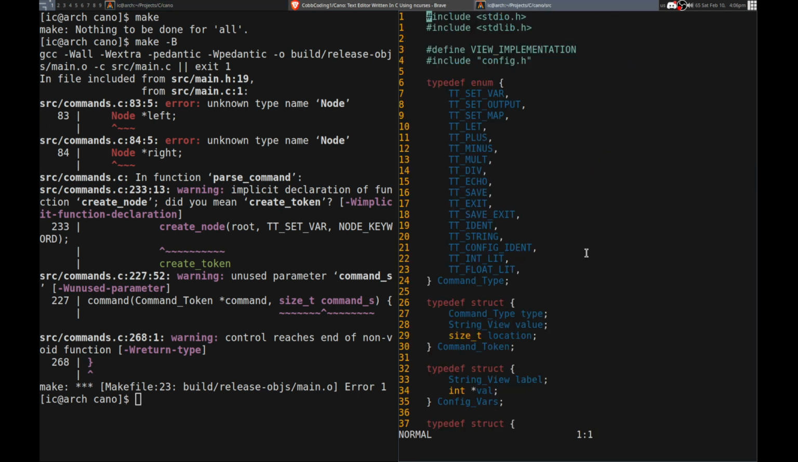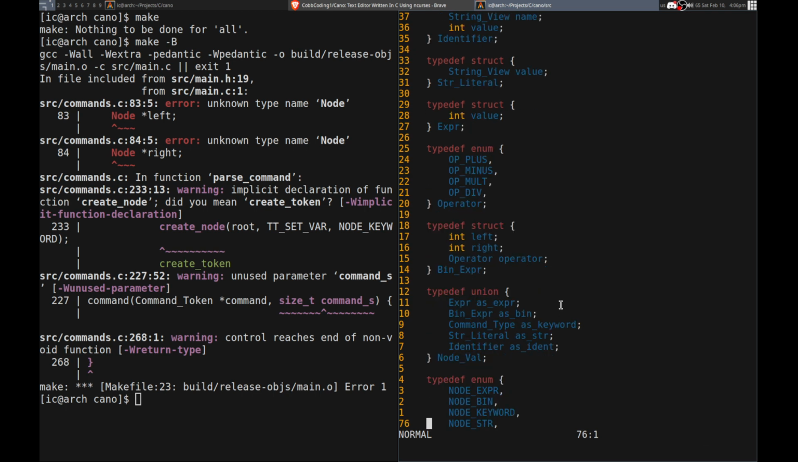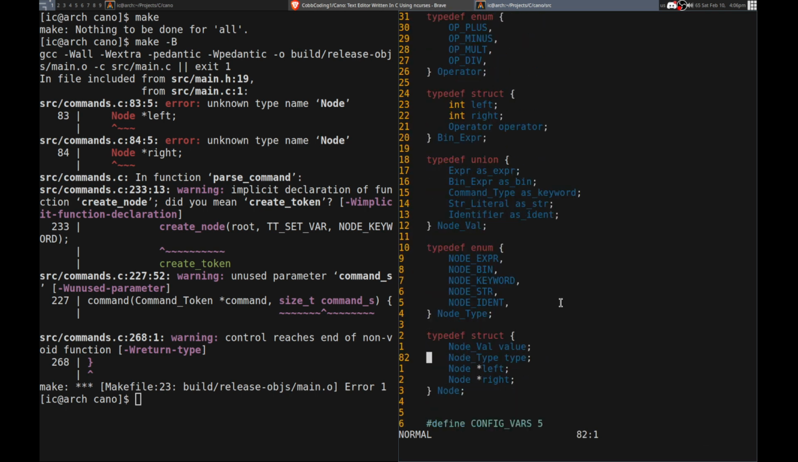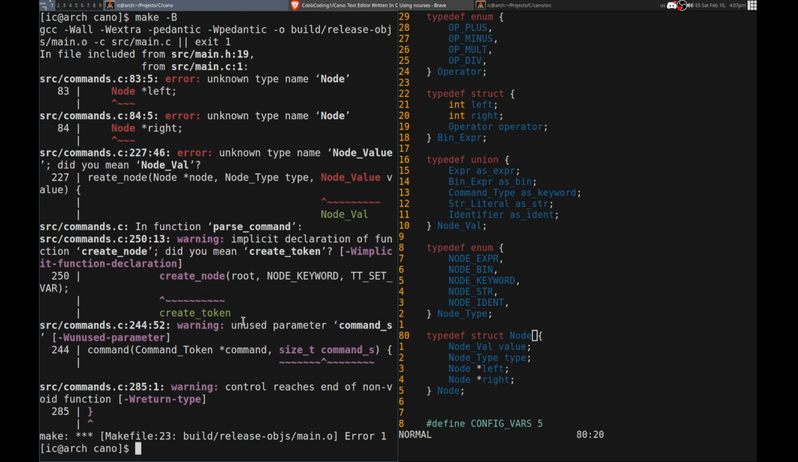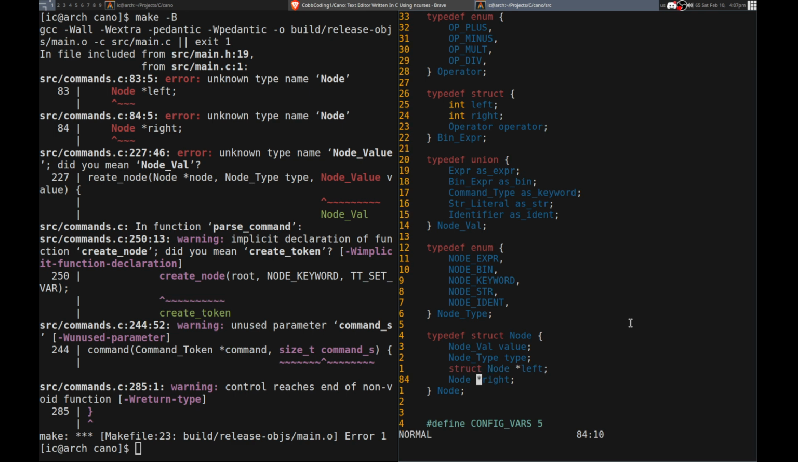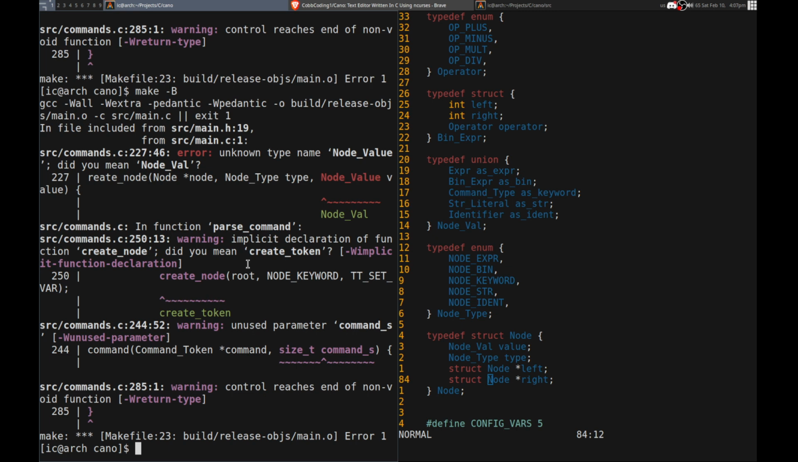Oh yeah, so node doesn't exist in that case, so we need to, let's see, we can do it like this. Yeah, we have to. Oh yeah, it's called node val. Use parameter. Okay, let's see. So create